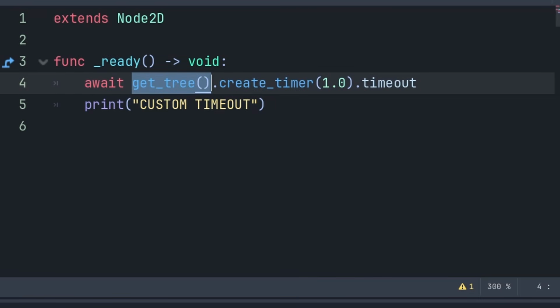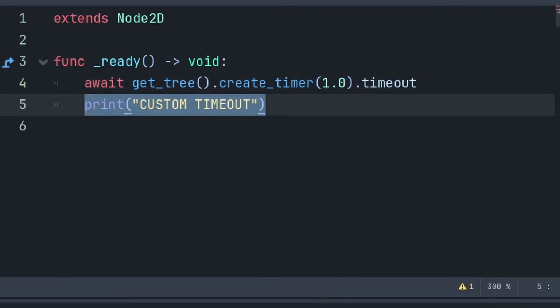GetTree will grab the core of the scene. CreateTimer will create a temporary timer node in the scene. 1.0 is the total wait time of this timer, which CreateTimer will automatically start. Then we must put timeout, as that is the signal that we are awaiting. Then once this timer finishes, the timeout signal will emit and Godot will allow the next lines of code to